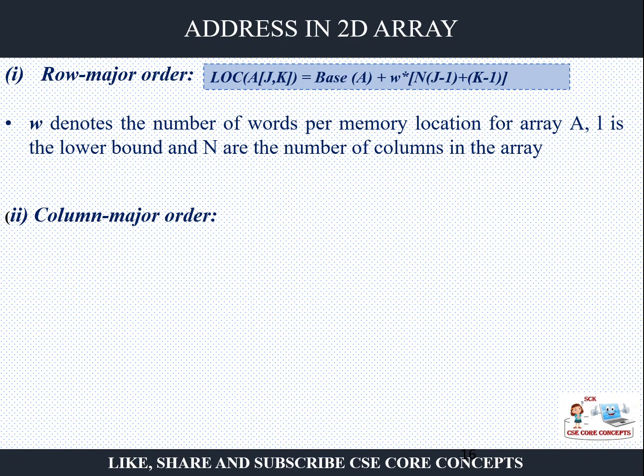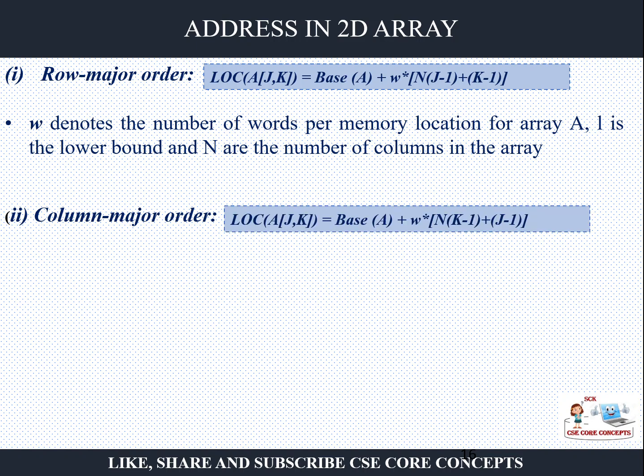into n. Capital N represents the number of columns. J minus 1, K minus 1. Why am I using J minus 1, K minus 1? Because I am assuming 1 is the lower bound of the array. Okay. Similarly, if I am going for a column major order, then it is jth column and kth row, then